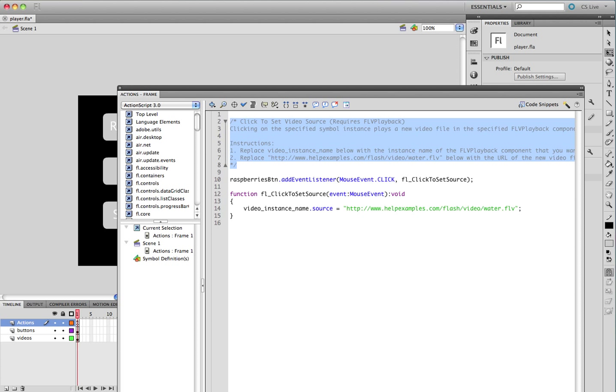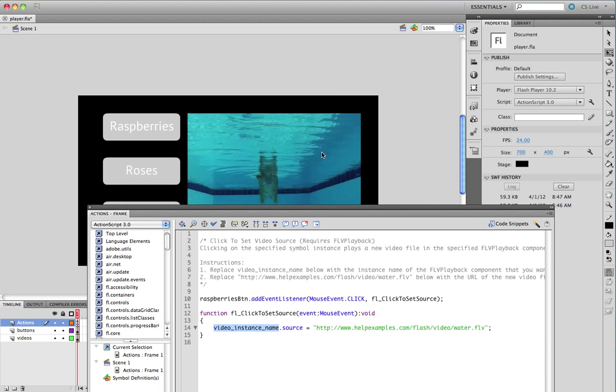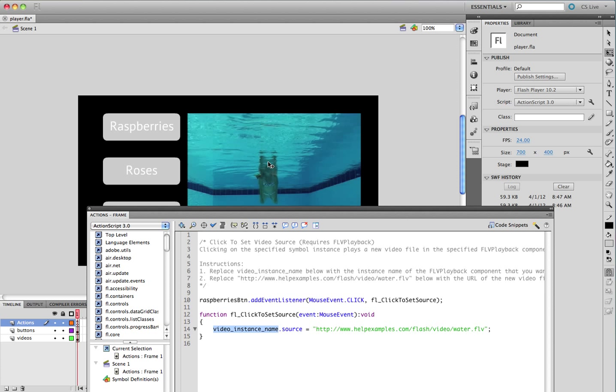And you can see here, this is the name of the button that was selected, our Raspberries button. And what we have to do here is, okay, it says video instance name. And what's that referring to is the instance of this video player here. So I named it Zorro. So instead of video instance name, we're going to say we want to change the source of Zorro to